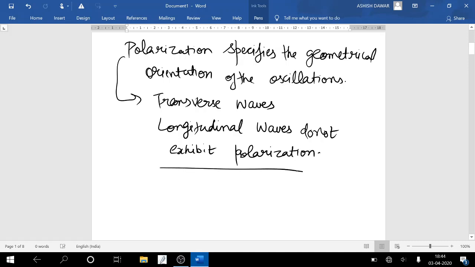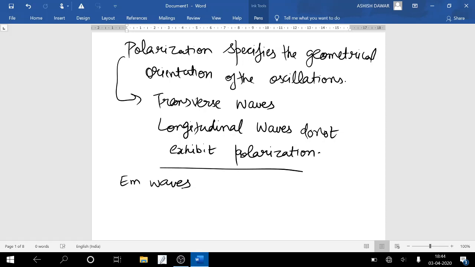Okay, so it is a property of transverse waves. Transverse waves such as EM waves, such as light, radio waves, these exhibit polarization. Okay, so EM waves consist of coupled oscillating electric field and magnetic field, which are always